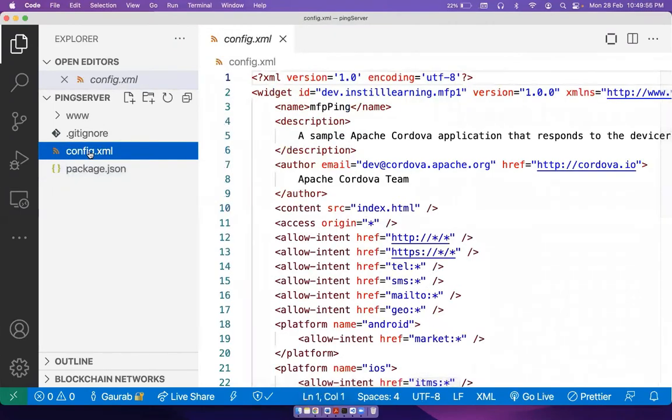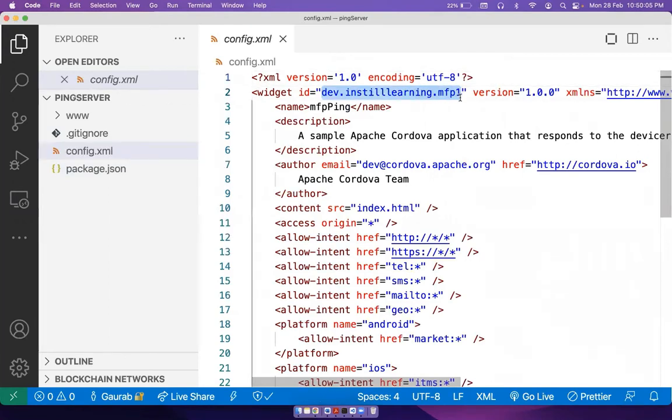Next thing, we have config.xml. So config.xml is a very crucial file here, where you can see the ID is your package ID. This package ID is really important because when you create an Android application and deploy it on Google Play Store, then this ID will become your